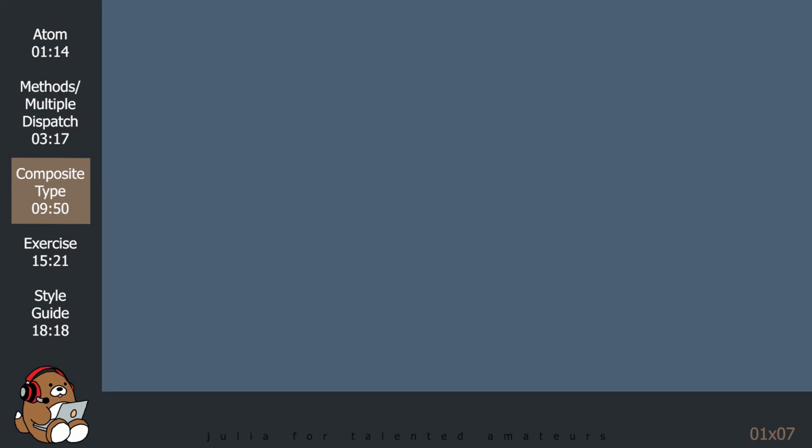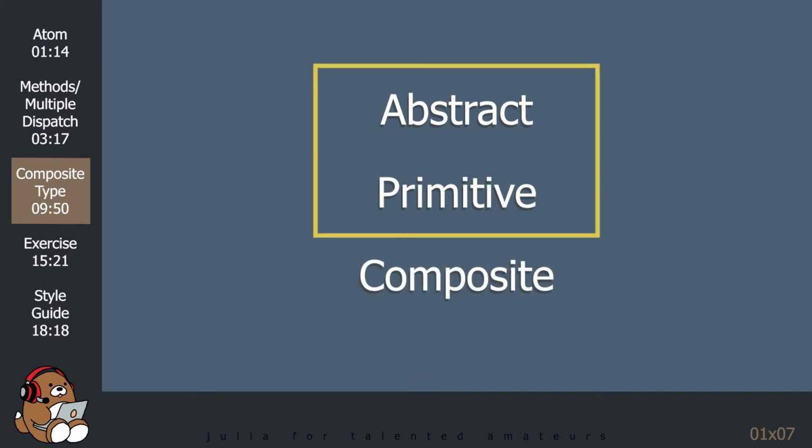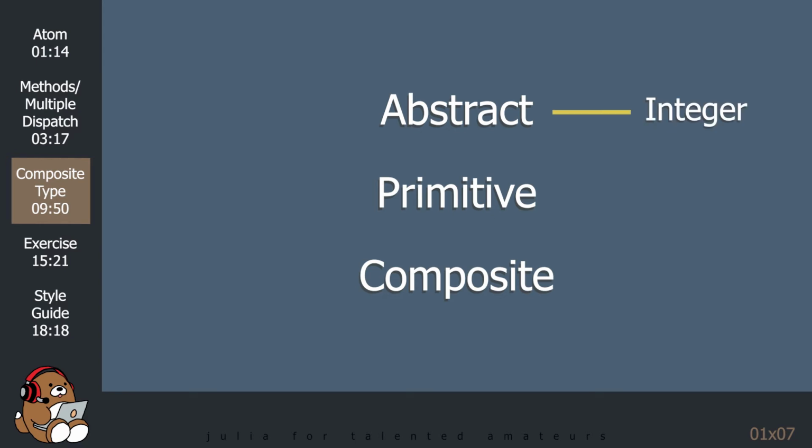In Julia, there are three main data types: abstract, primitive, and composite. We just saw examples of abstract and primitive data types. The data type integer is an abstract data type, while Int64 and Int32 are examples of primitive data types that fall under the abstract data type called integer. Both abstract and primitive data types come included with Julia, and users should not need to modify them.